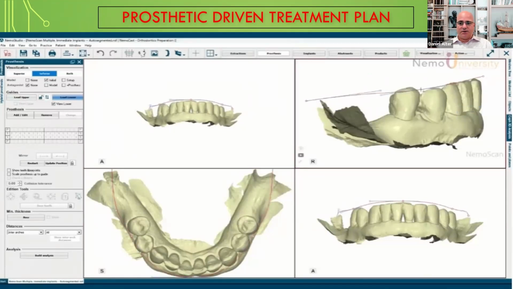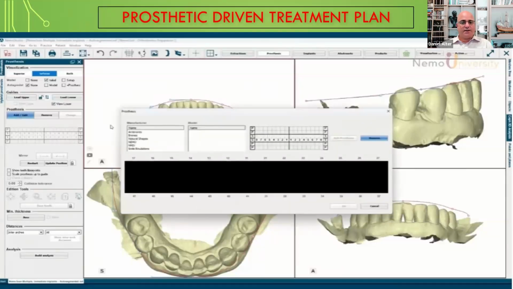So we're going to place that in. Now it's accounting for the curve of Spee, as well as the curve of Wilson, which has a lot to do with occlusion. Now we're going to select the prosthetic. So we're going to add the prosthetic. Now I'm going to show you, again, for this case, the two further distal molars. However, if you were to do a full arch, we would just add all of the teeth, as you see here,